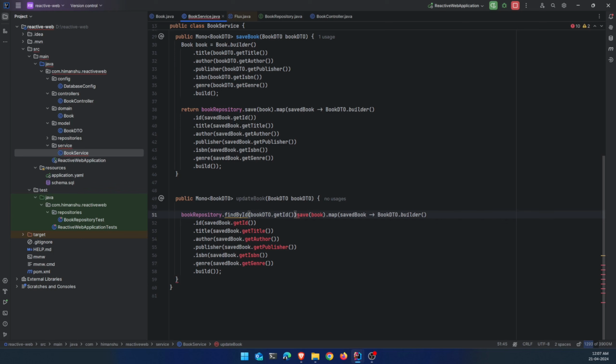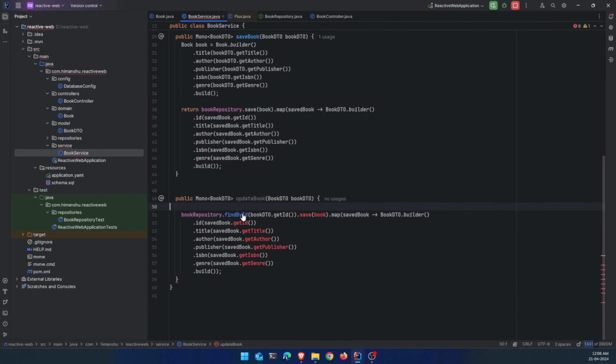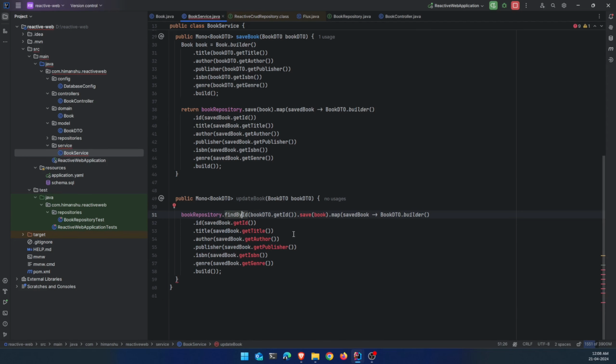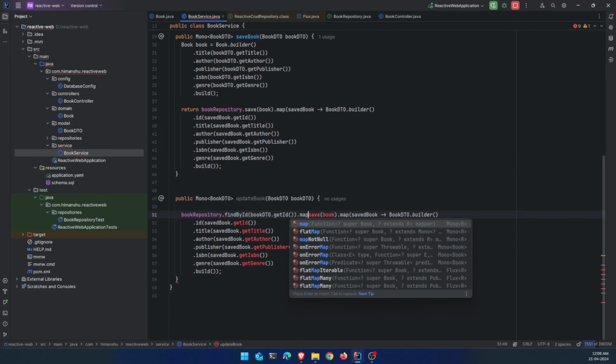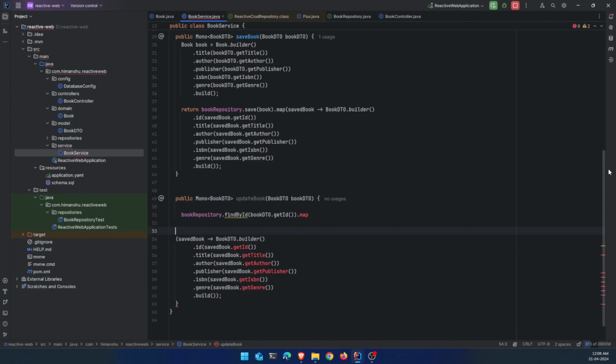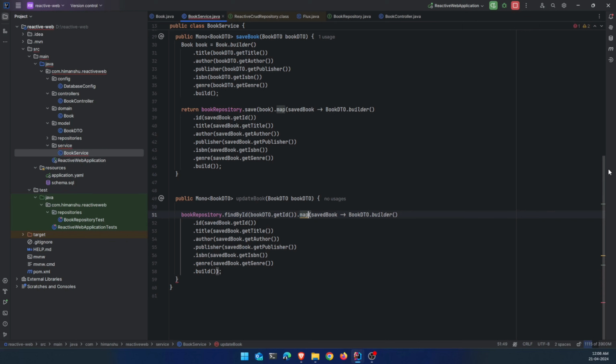Okay, so now when I'm doing this, it will give me a Mono, right? Because I'm looking for one object. And then again the same thing which we did earlier, we will map. Okay, and then in this case it will be like this. Wherever it is required, I will utilize my previous code. So here,